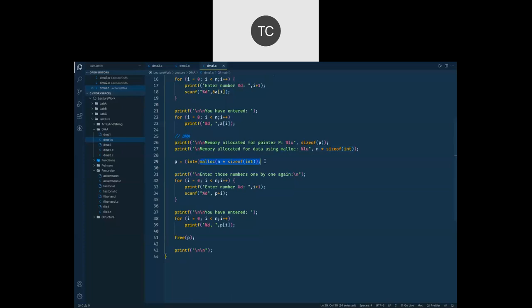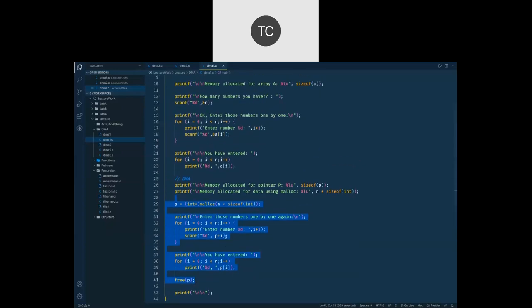We have to typecast that address to the required data type, so we typecast that to an integer pointer here. And we have the address. Once we have the address, using pointers, we can store data, access data, and manipulate data, whatever we want. So that was the example of malloc and free.